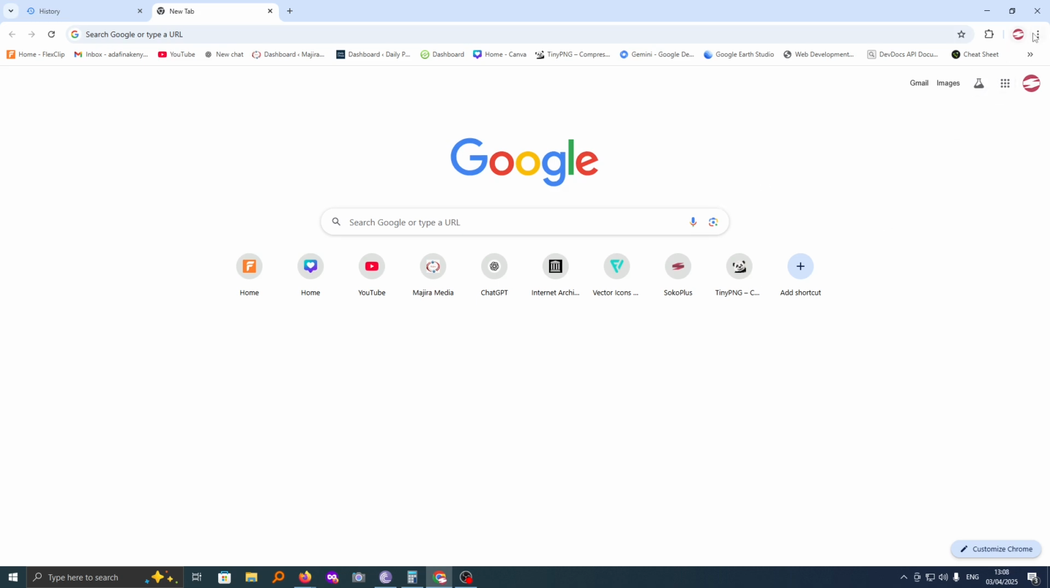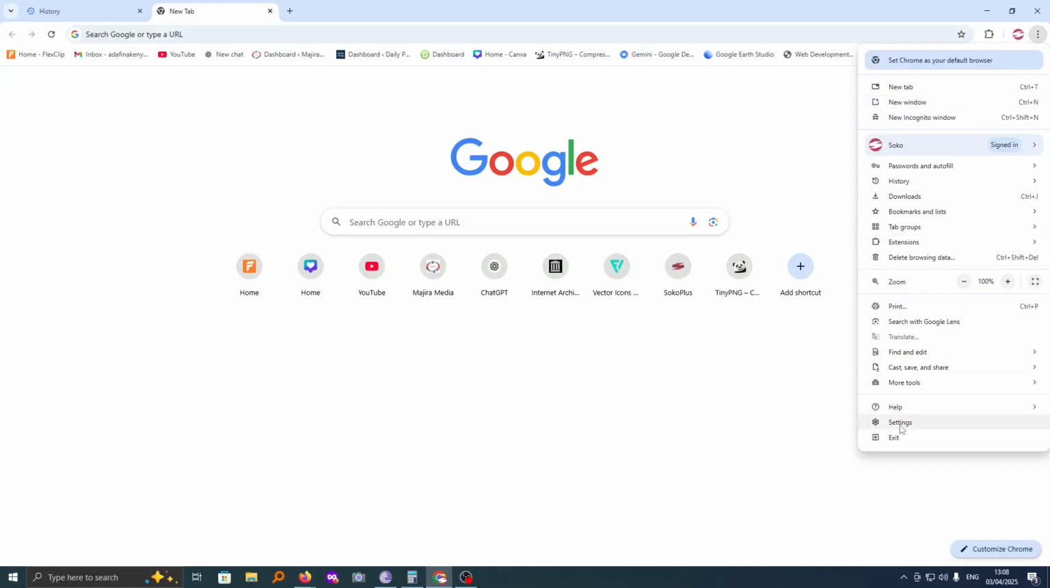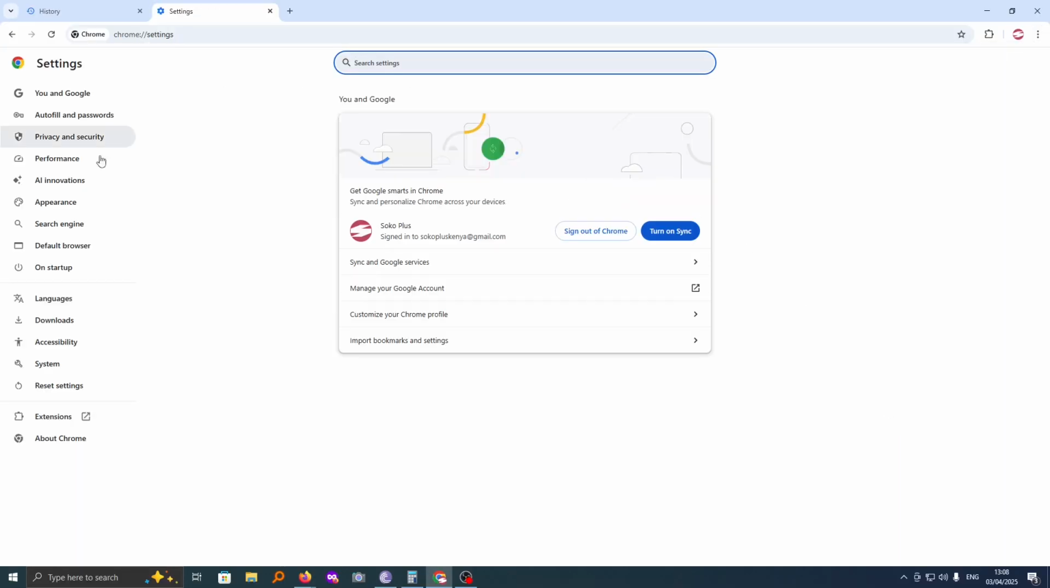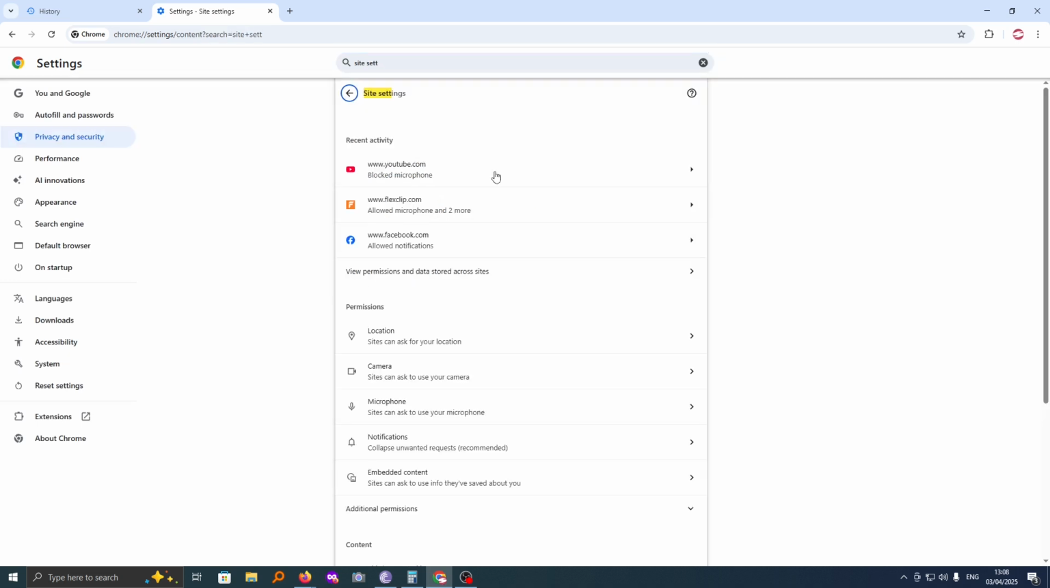So the first thing you need to do is go ahead and tap on these three dots, and from this list go to settings here. Now from here, go to this search bar and then search for site settings. And as you can see, site settings is here, and this can help us to control what information should be